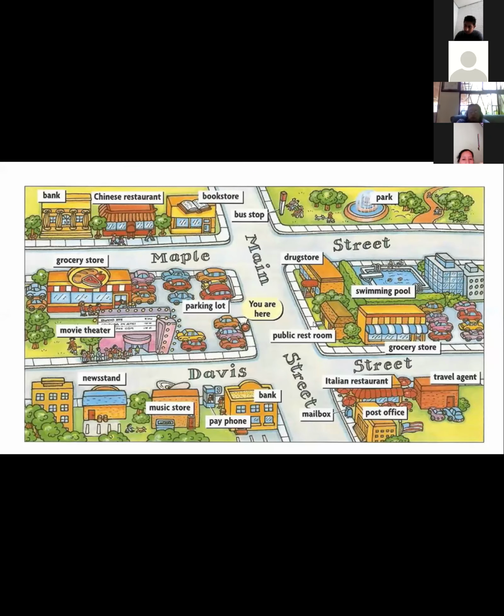Okay, look at this city map. This is a map. M-A-P, a map. Okay, look. There are places in this map. To talk about the places in this map, we're going to say there is and there are. I'm sending you messages to the chat. For example, I'm going to give you one example. So, in the city,